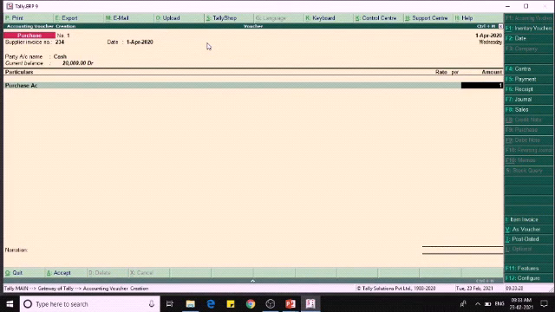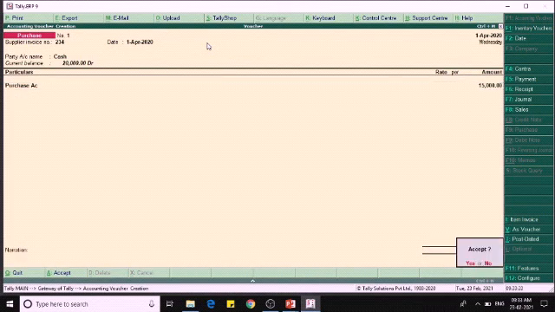Example 15,000. If there are stock items, they will be displayed one by one.